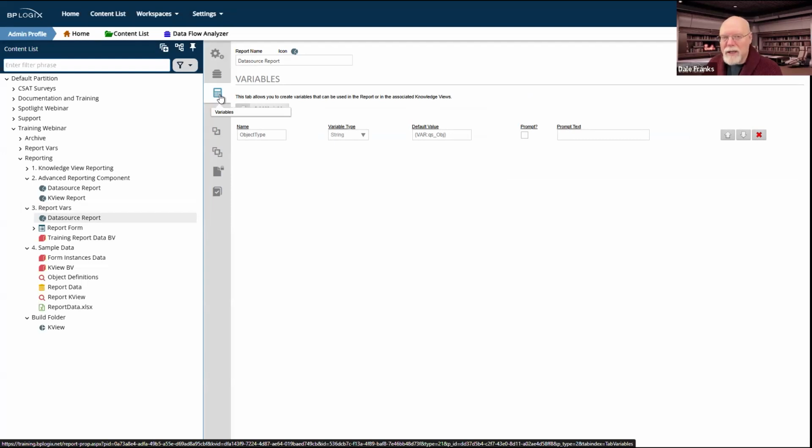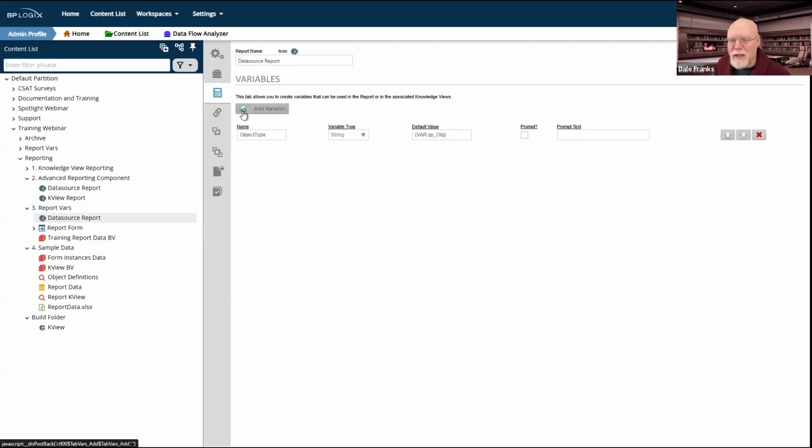Again, because I'm using a data source report, and because I can go in and manipulate the data in the data source via SQL, it gives me the ability to do a couple of things, like create a variable, which in this case I have called object type. It is a string variable.